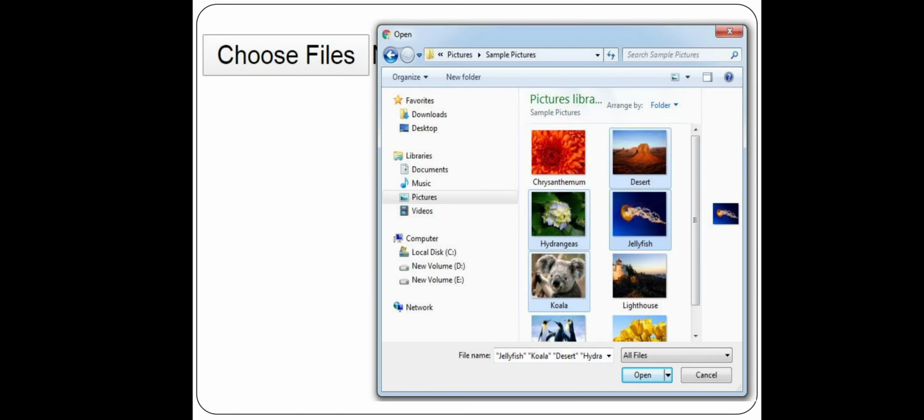Here you will see how the output comes for the multiple files control. I get the choose file button, and when I click and browse for images, it allows me to select multiple files. You can see I have selected 4 image files, and if I click on open, those 4 files should get uploaded, right? So this is how the file type control with the multiple attribute works.